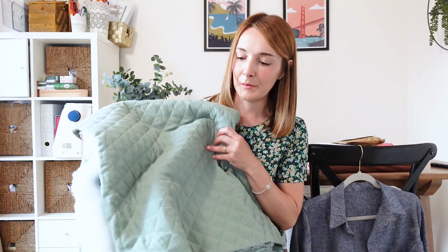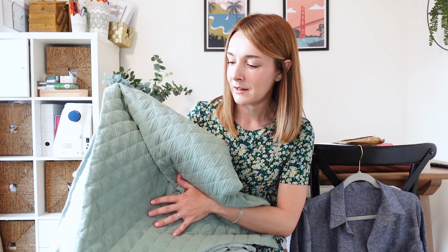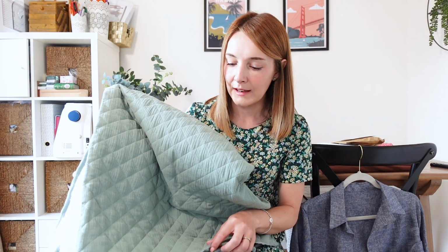So I had a couple of fabrics saved in my basket and one of them was this lovely fabric. So this is a bit of a beast to show on camera actually. It's really thick and bulky, but this is the quilted fabric that I wanted to buy to make my quilted jacket with. So you can see that it's a kind of khaki, I think it's actually called mint green, because it's a bit lighter than khaki, but it's a really lovely green colour,